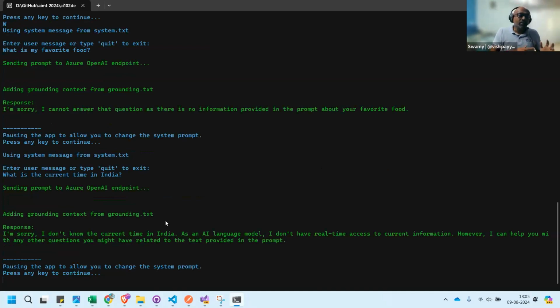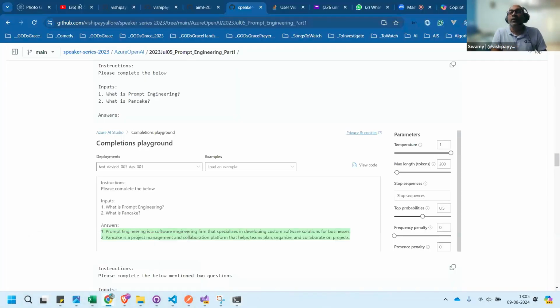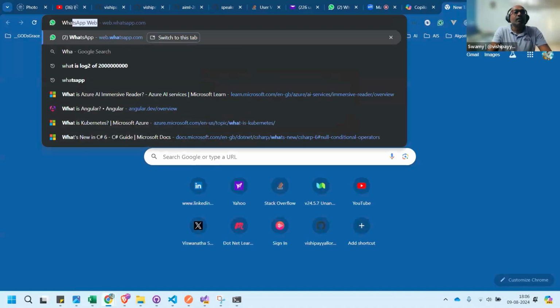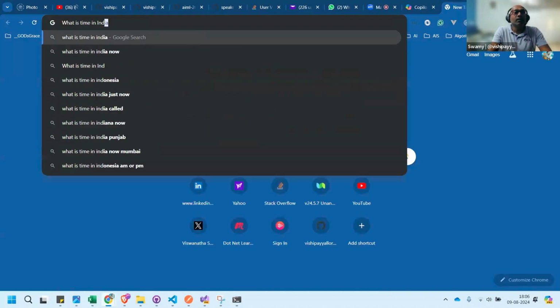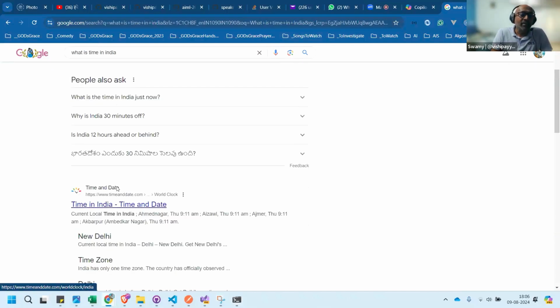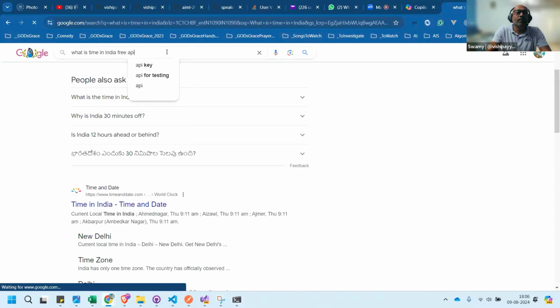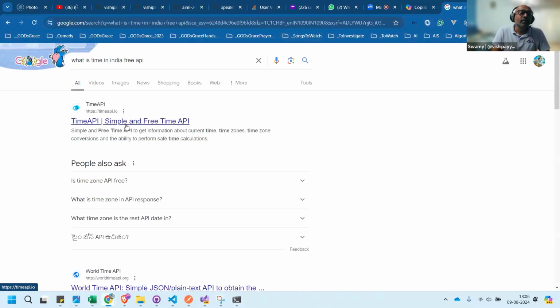Now we can create our own thing, something which can call an external API. Now it shows 6 p.m. If you have the date and time in India, there might be a free API. This one, a simple free time API, is there.